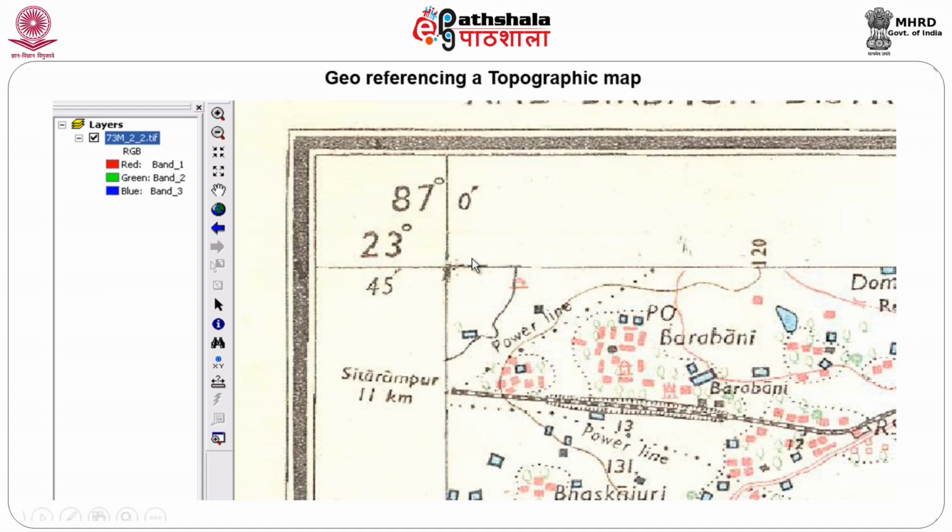You will have a 15-minute map with a 5-minute gridding, where you have 87 degrees, then when you go to the right it will be 87 05, 10 and 15, that is 15 minutes. And then again here 23 45 is the top left corner, at the bottom you will have 30, 35, 40, 45. So 9 grids will be there and you can choose anywhere in between those grids and then register the data. Let us see here 87 degrees and 23 45, just to make you understand how important these values are.